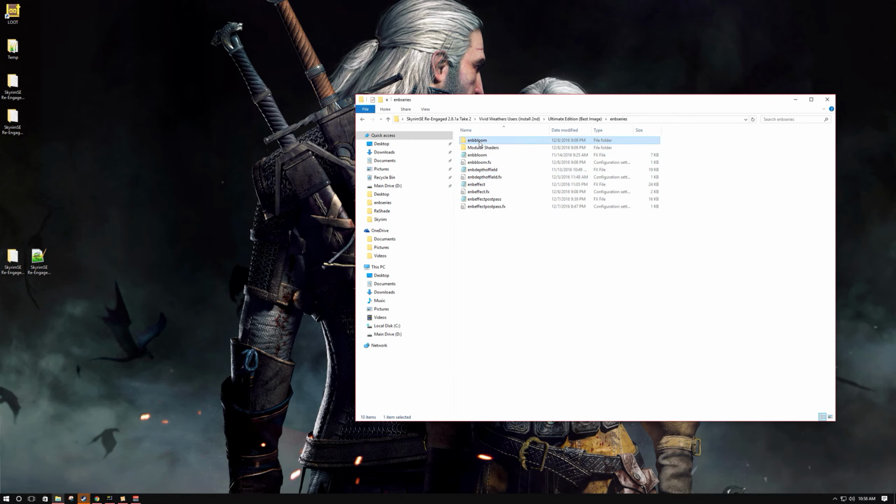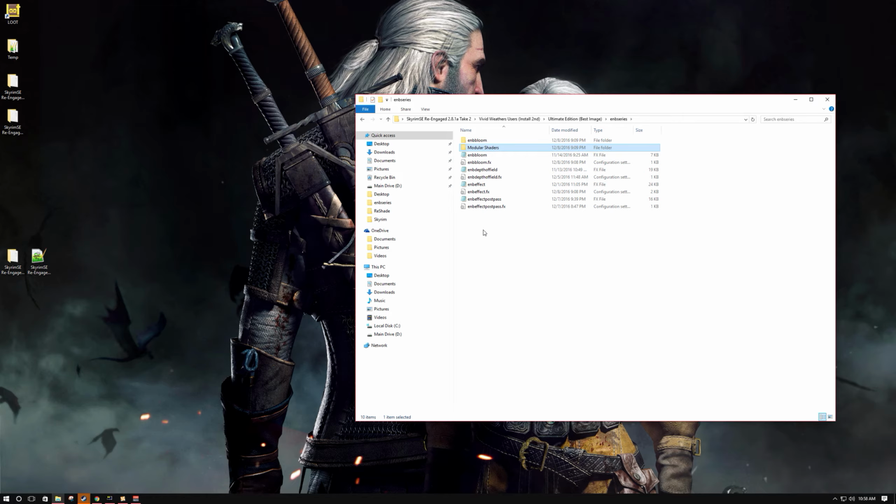Let's see, the bloom folder, these are the types of blooms that you have available to you, and then you need this for the ENBEffectPostPass to work. So that's the files in your game folder and how to mess around with those. Now what we'll do is we'll go into game, and I will bring up the ENB menu, and I will show you how to